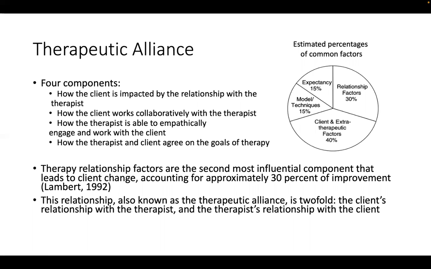So the therapeutic alliance, go ahead, Joby. Sorry, what's the difference between expectancy and the client and extratherapeutic factors? Yeah, so the client and extratherapeutic factors is like what's going on outside of therapy, what the quality of their relationships is, what they're doing outside of therapy. The client is things like their demographics, the intersections of their identity. And then expectancy is specific to their buy-in, in terms of their belief in the process of therapy and them believing that it will work. Does that make sense? Yes, thank you.